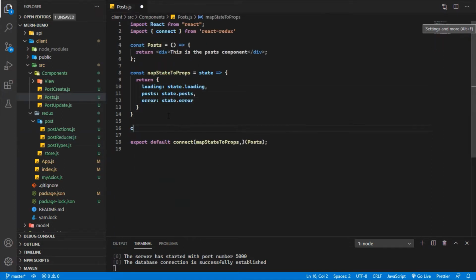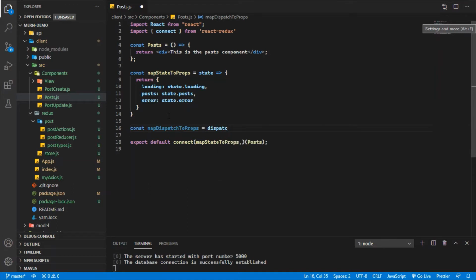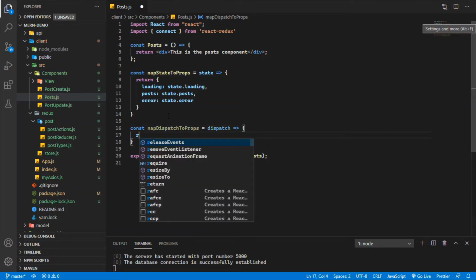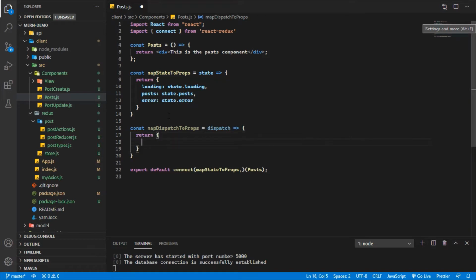Now we are going to make another function, mapDispatchToProps, which gets dispatch, and like before it is also going to return an object.